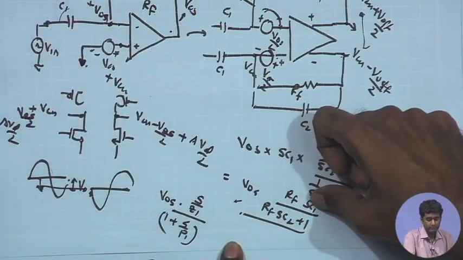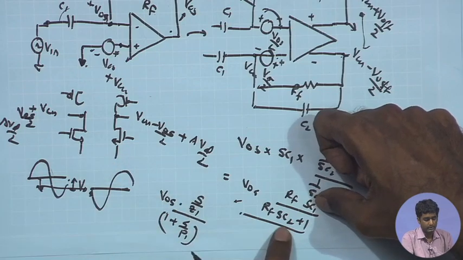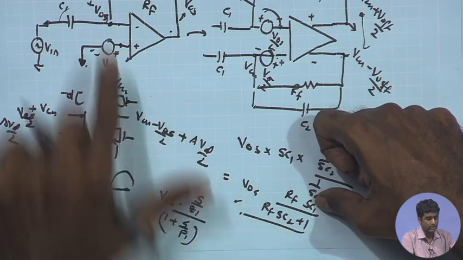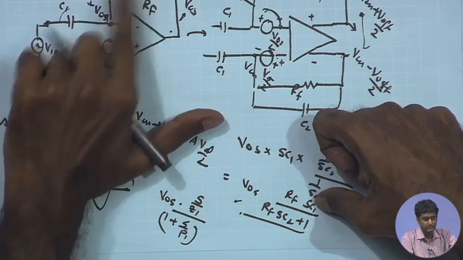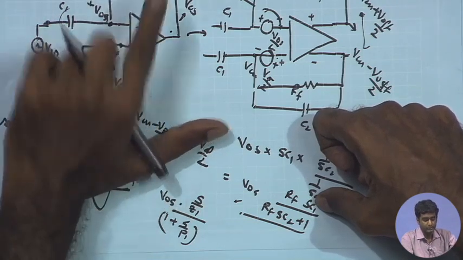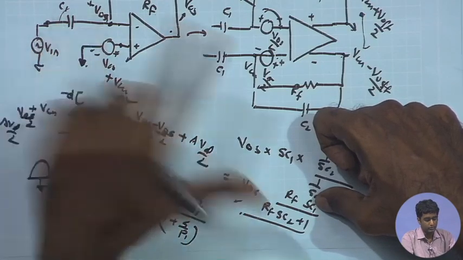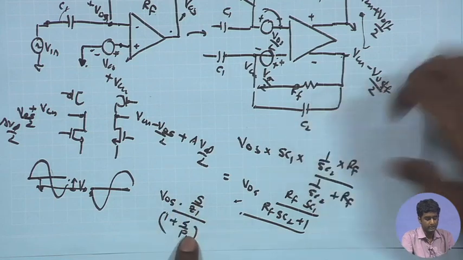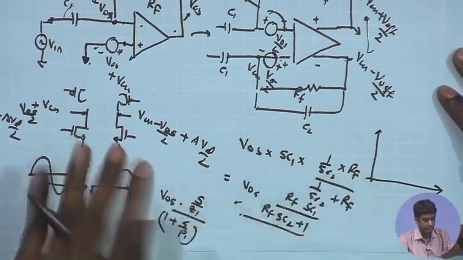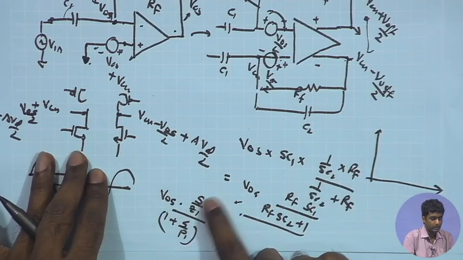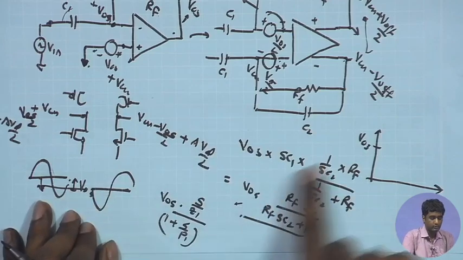Therefore, 1 upon RF C1 is going to lie towards lower frequency, whereas for the second component RF C2, C2 is a lower value. Just to have a gain, we know that the C1 to C2 ratio is greater than 1, so C2 is smaller. Therefore, 1 upon RF C2 is going to lie towards higher frequency. So, P1 is going to lie towards higher frequency, and as a result, as S approaches 0, the output is just V offset, and we know that offset